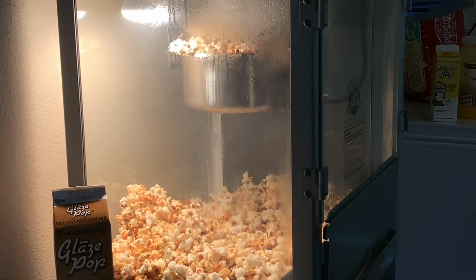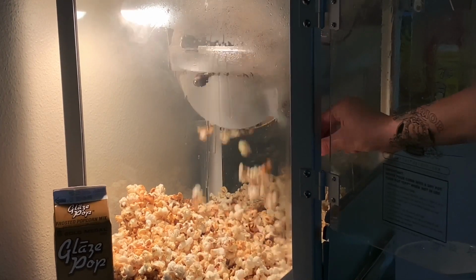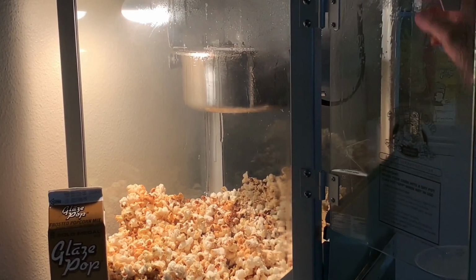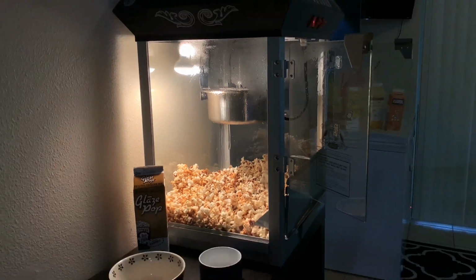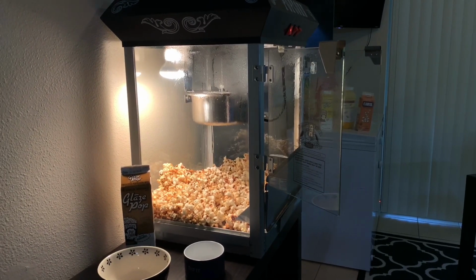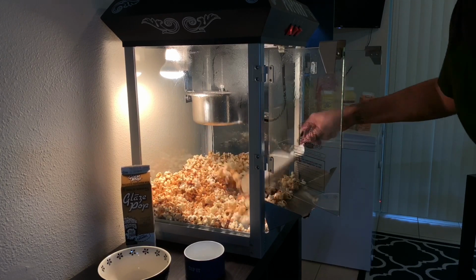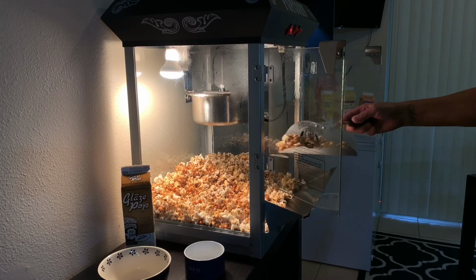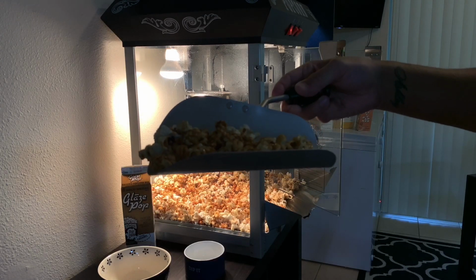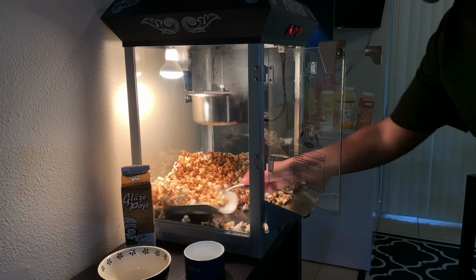Smells so good. Turn the stirrer off, turn the pot off, warmer, and it's still popping there. Keep up the whip. See some of these caramel pieces are nice and glazed. It doesn't glaze everything 100%, but it's really hot. Kind of got this to cool off,